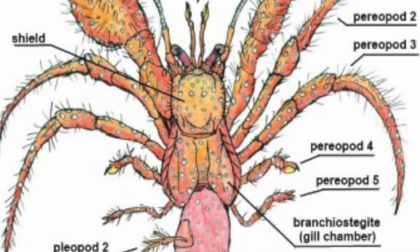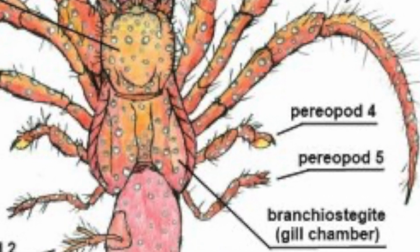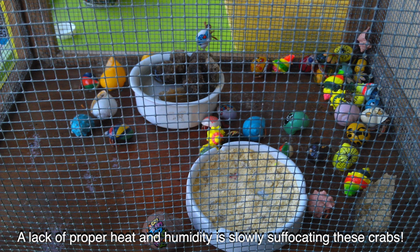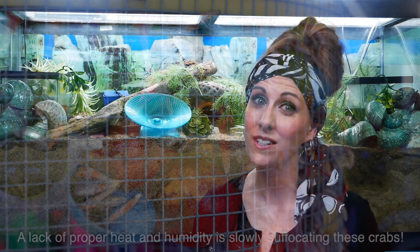It's also really important for you to know that hermit crabs actually breathe through modified gills. They don't breathe oxygen the same way that we do or that a lot of animals do. And so the tank environment has to be humid for them to breathe. Without the correct humidity, you basically suffocate the hermit crabs over time, which is a lot of the time why